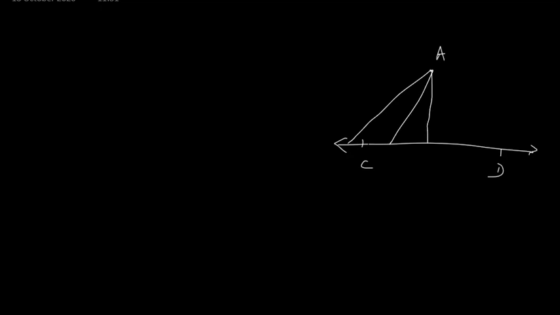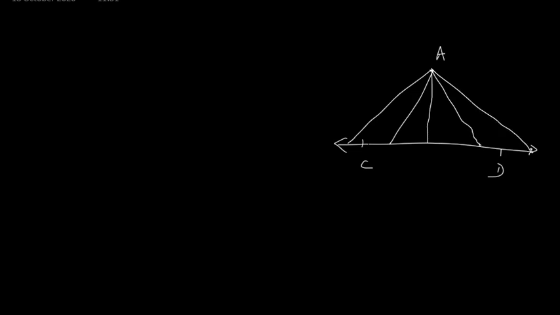Now in this lecture we will discuss distance of a point from a line. So suppose there is a line and we want to know its distance from a point. Say the point is A and on the line I will take two points C and D, and I will say that CD is the line. Now what is the distance of this point A from line CD? For that we can draw different segments which will join this point A with CD. So which distance do we consider as the distance of a point from a line?